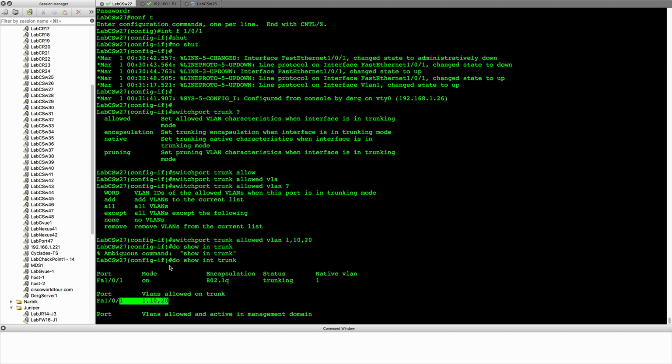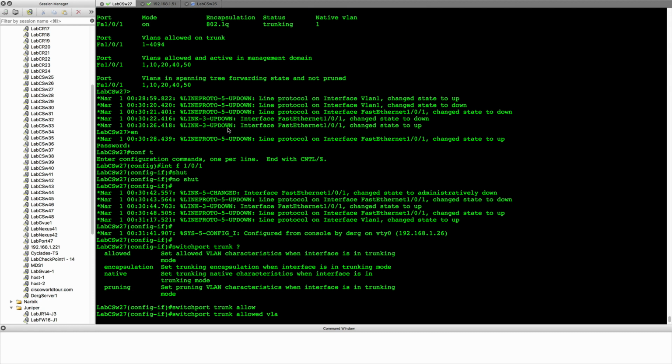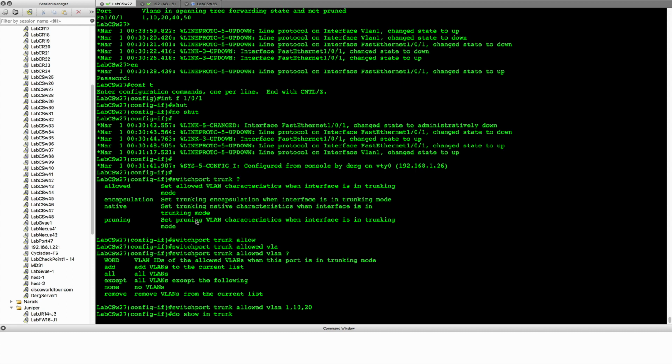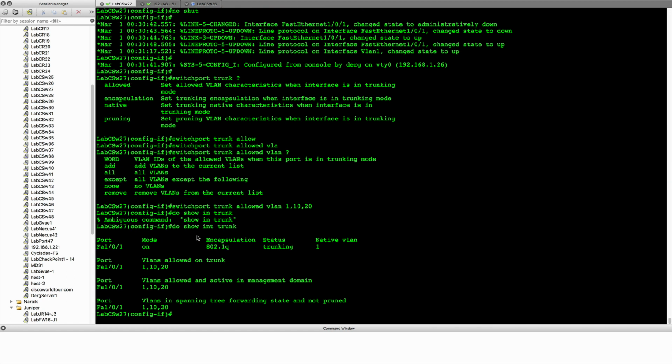If we come up here, just going to scroll up, you'll see VLANs allowed on the trunk: all VLANs. There are 4,094 possible VLANs you can use. I'm not going to go over VLAN concepts. There's a few that you can't use, so we'll just keep it simple and use the first 4,094. Anyways,